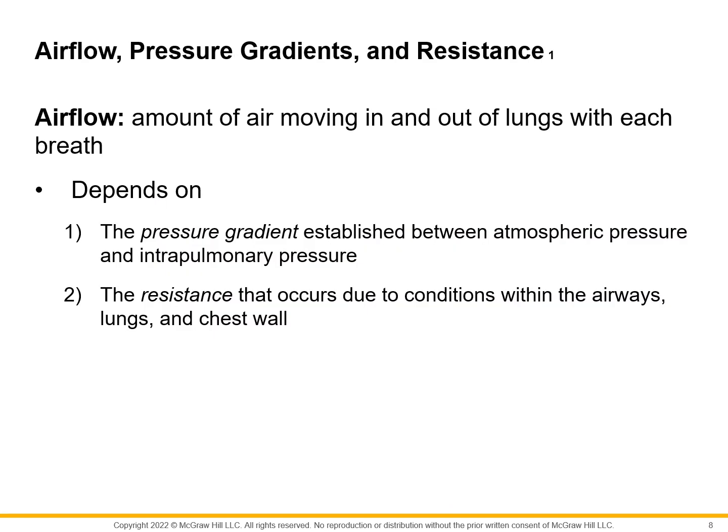Now that is airflow. So the pressure of gas is what your airflow is determined by, right? Airflow is basically the volume of gas, or the amount of gas moving in and out of your lungs with each breath. And that depends on the pressure gradient. So at sea level, gas is at 760 millimeters of mercury. That is your atmospheric pressure